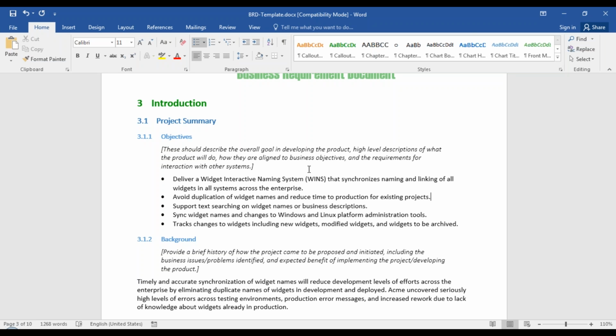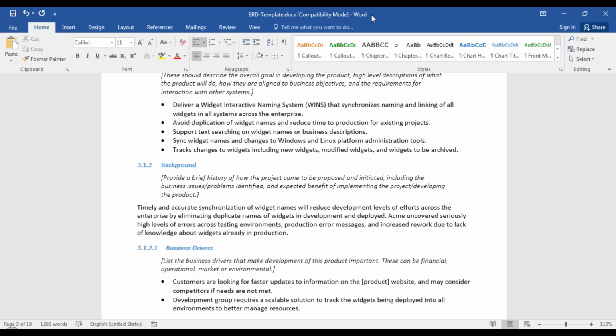Sync widget names and changes to Windows and Linux platform administration tools. Track changes to widgets, including new widgets, modified widgets, and widgets to be archived. Next, you have the background. So within the background,